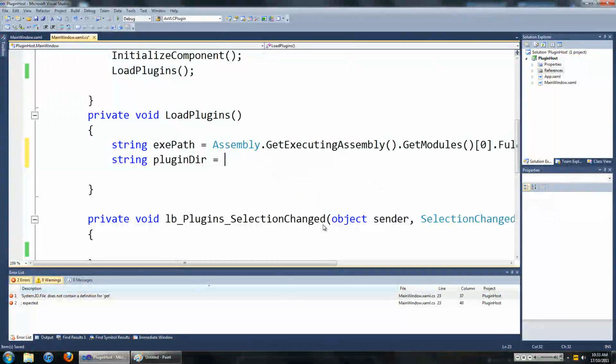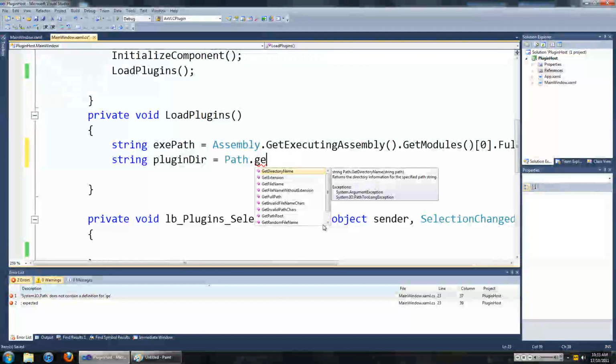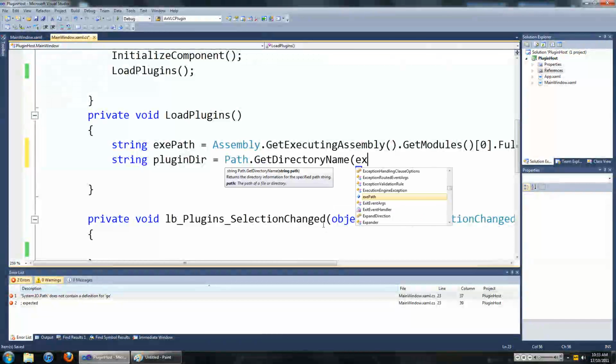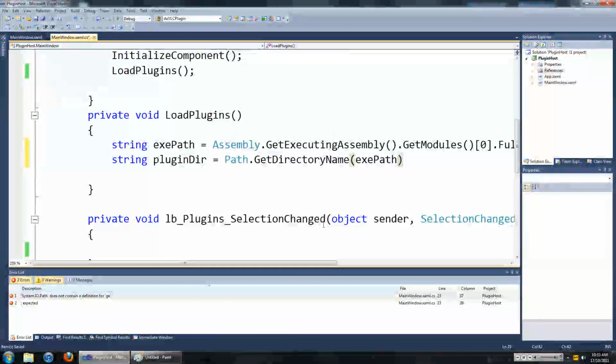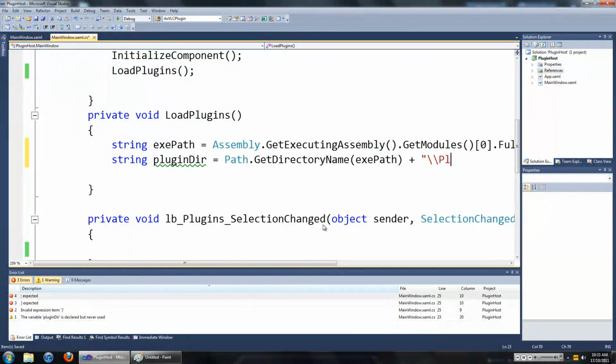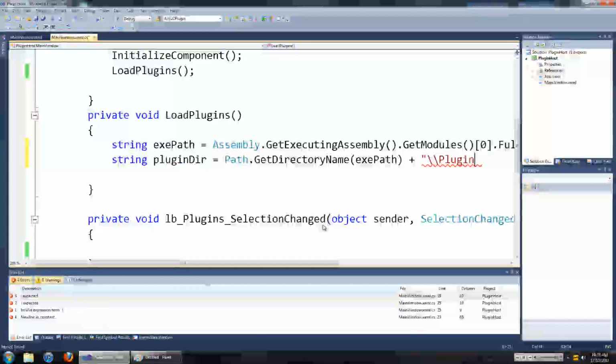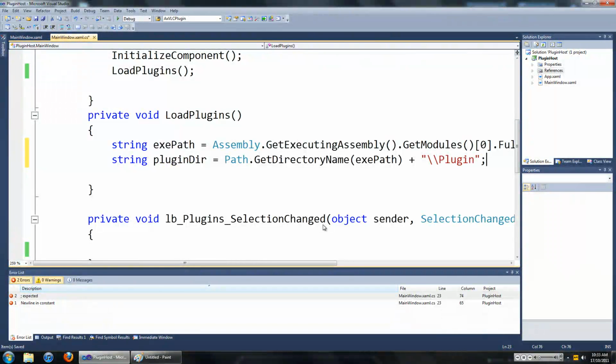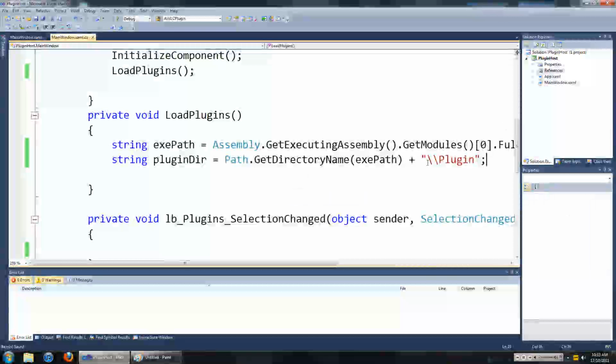And we want to redirect it to a folder called plugin. Okay, as you can see, we have redirected it to a folder called plugin, which we don't have in our executing path. So we're going to go ahead and create that.